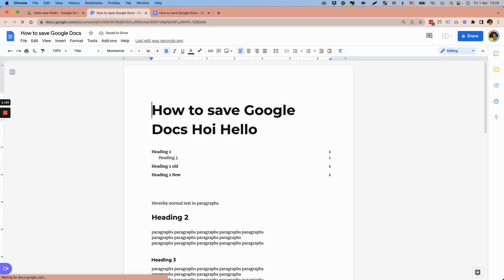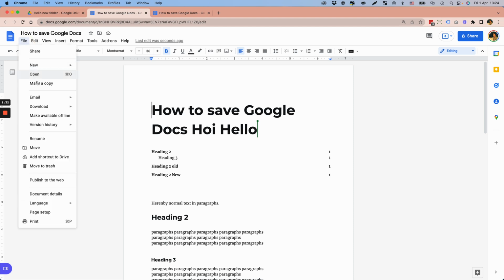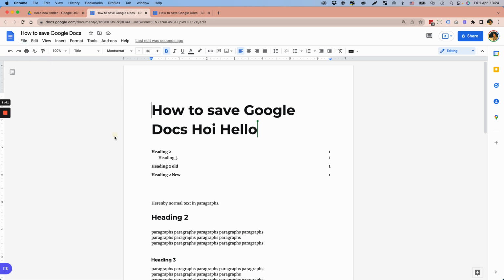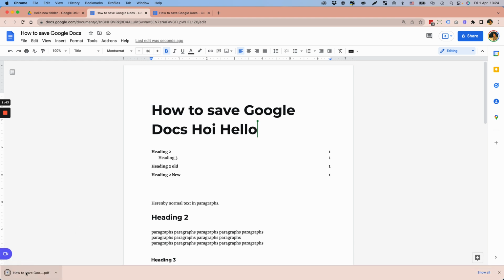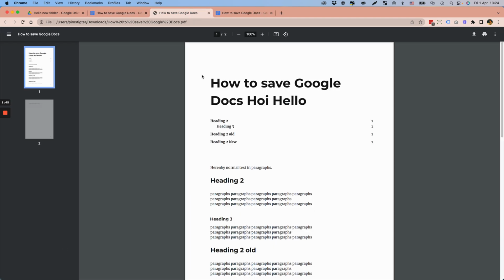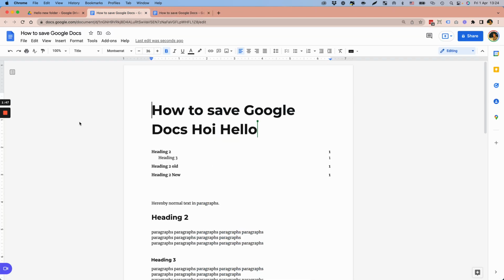You can also download and export the document to a Word document or maybe to a PDF. Therefore you can go to File and then you go to Download, and here you can choose different formats how you can download and export the document. So if you want to save it as a PDF, there it is. If you don't see it at the bottom in your browser, it will be somewhere on your computer in your